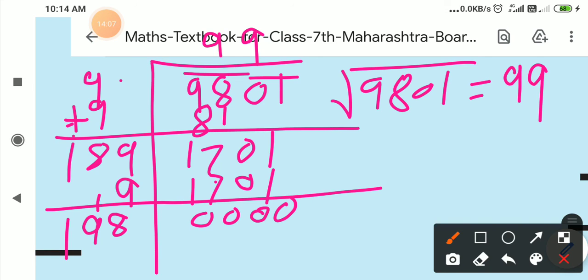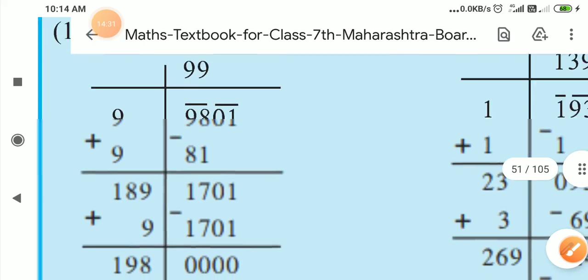This method is called the square root method. You can also use the multiplication, the factorization method, for finding the answer. One more example I will show you, and afterwards the next examples I will teach you in the next lecture. Otherwise these 3 examples are there. Note down all of you. Just do the practice. Again I will teach you these 3 examples left.